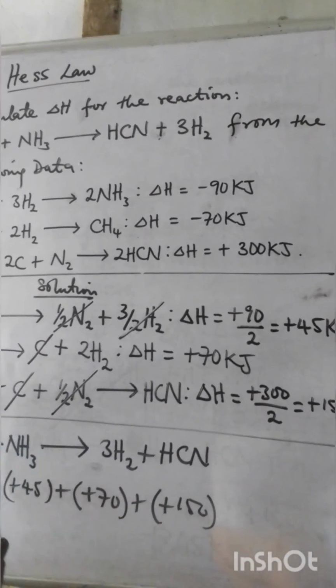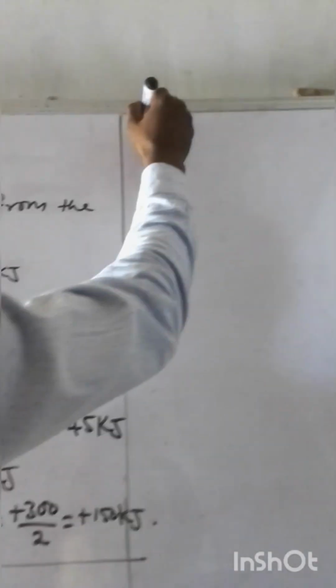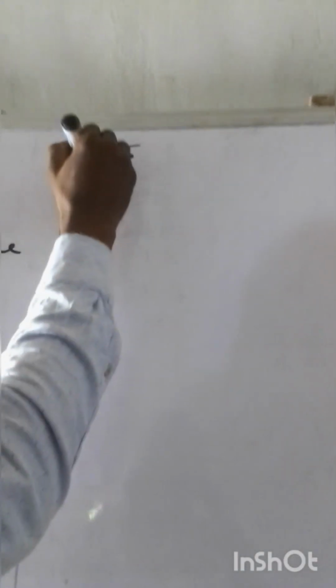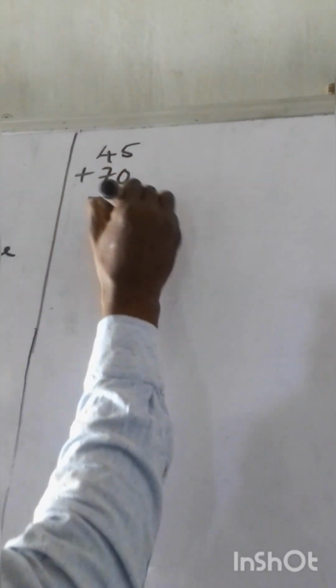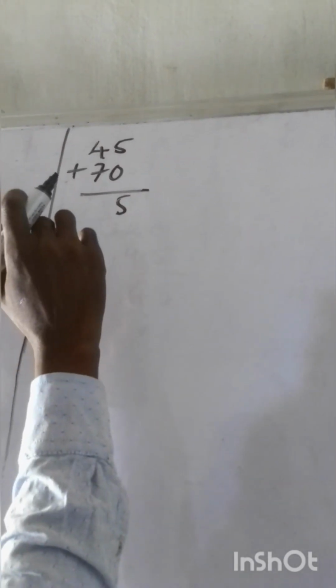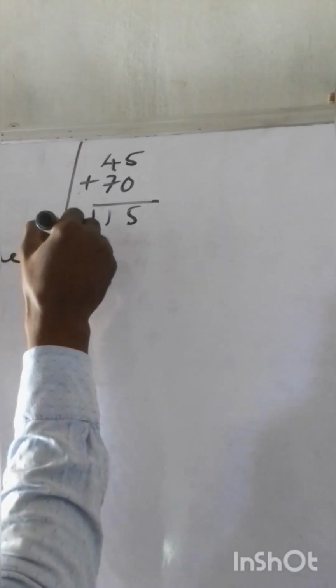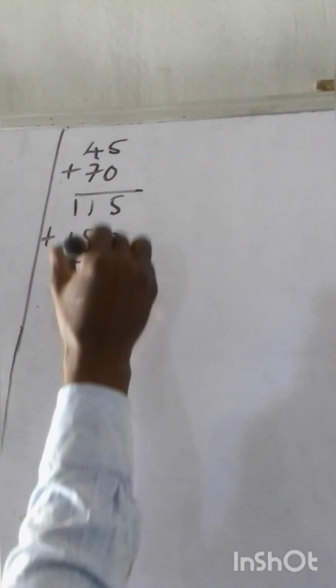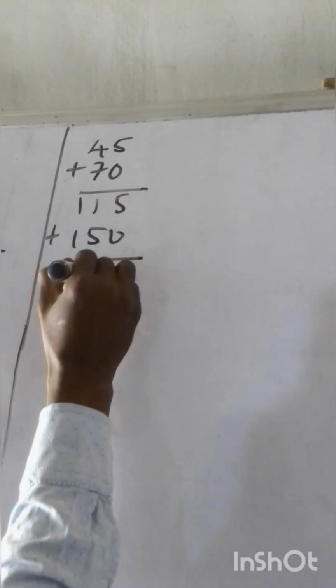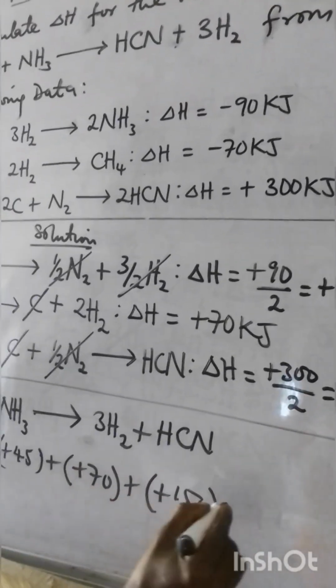So when we sum this, we are going to get 45 plus 70. 5 plus 0 is 5. 7 plus 4, 11. So 115 plus 150. 5 plus 0 is 5. 5 plus 1 is 6 and the 2. So the overall enthalpy change is going to give us